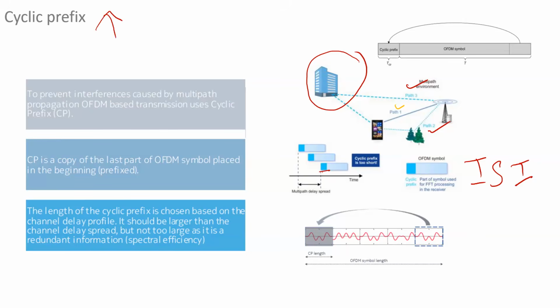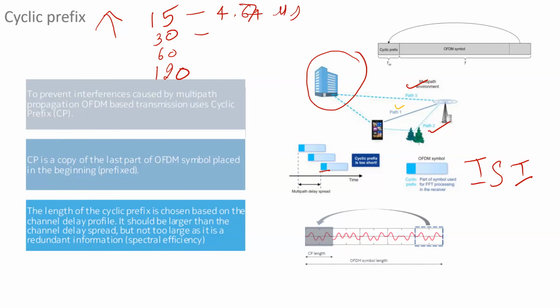One thing to notice here is that the cyclic prefix is dependent on the subcarrier spacing. As I said, in case of 5G, we may have different kinds of subcarrier spacing. It can be 15 kilohertz, 30, 60, 120. We'll talk in detail in later slides. But in case of 15 kilohertz, our cyclic prefix is around 4.69 microsecond, or you can say 4.7 microsecond.